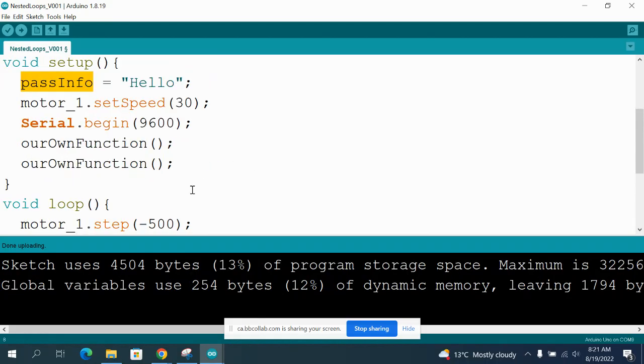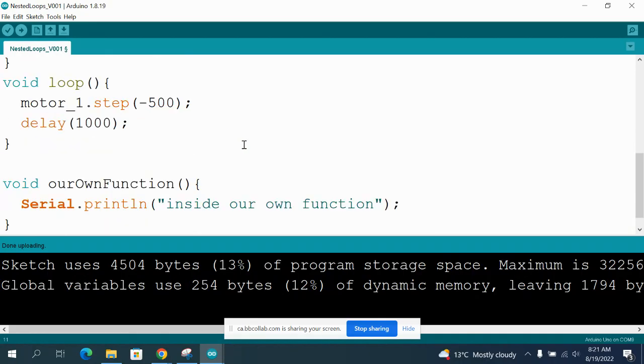Okay, then what we are now going to do is I'm going to say pass info. So this is a little bit different from directly inserting information because it's indirectly inserted. We first passed it into a variable and then we pass it to the function. In the function, we are going to have another variable. Okay, so over here, I'm going to say string because I'm waiting for a string. I'm going to call it input.